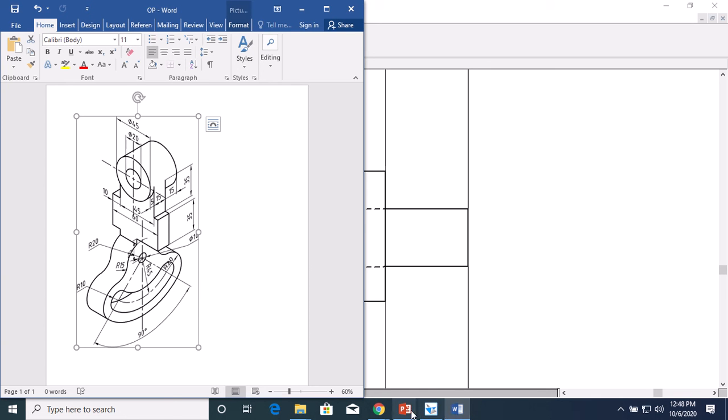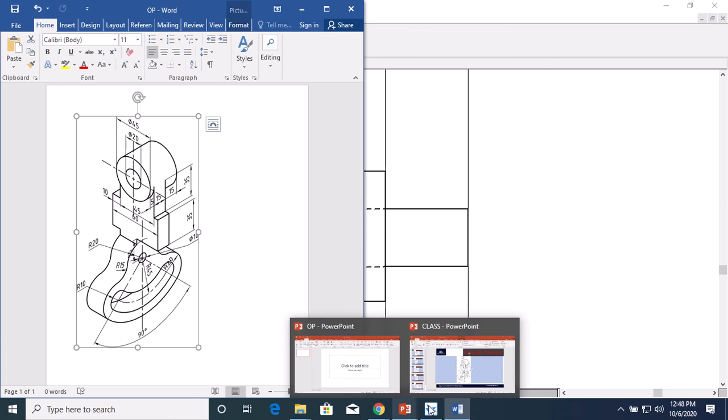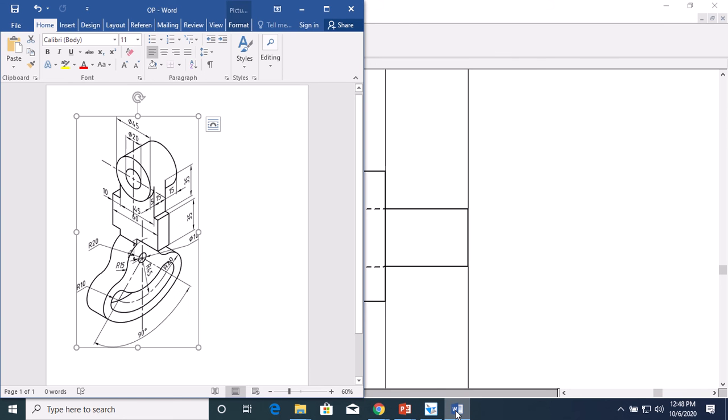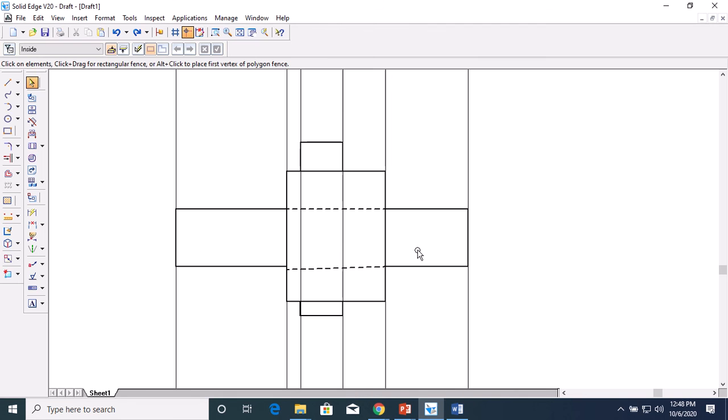diameter means here the radius has to be 2.5. So here from the center, so if you take center of this entire line, entire thing, you can measure distance between the projection line.